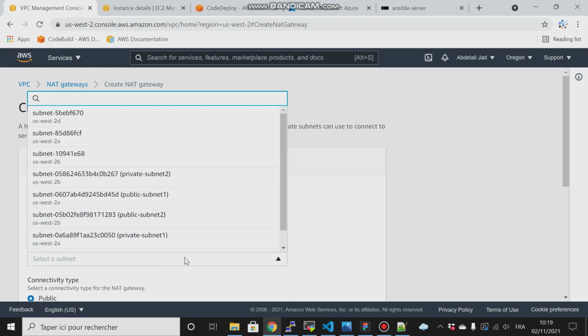I want it to reside in a public subnet because the public subnets are the only subnets that are enabled to get outside. So make sure to choose one of these public subnets. If you choose the private subnet, the NAT will not work